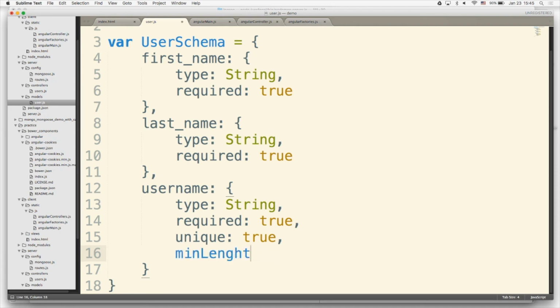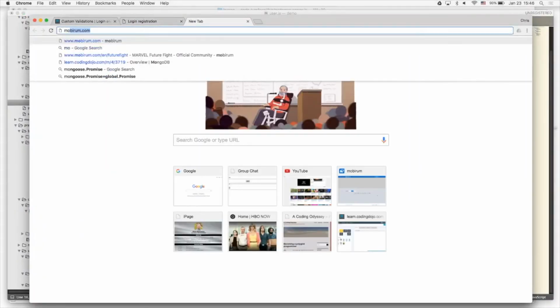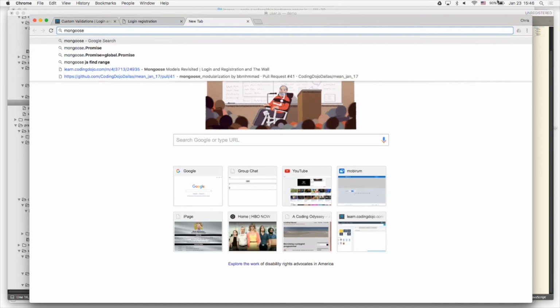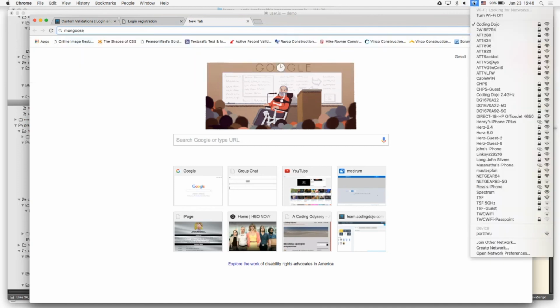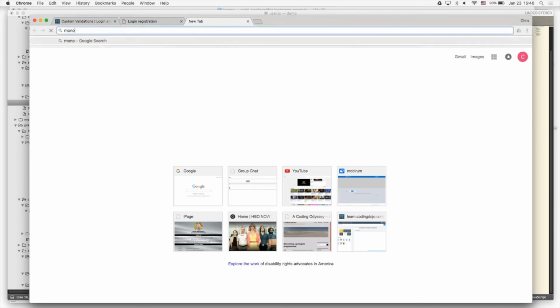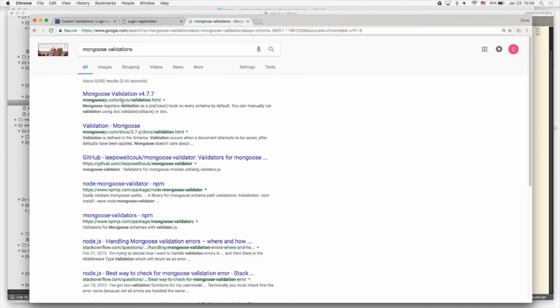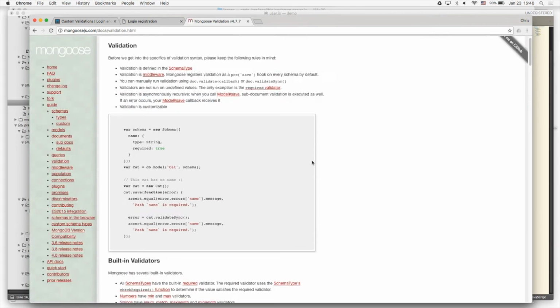Let's say I believe minLength is one, and let's take a look at some documentation here really quick. If the internet's working, is it? Looking for networks, I don't think it is. Mongoose validations. Oh, it is working. Okay. Mongoose.js